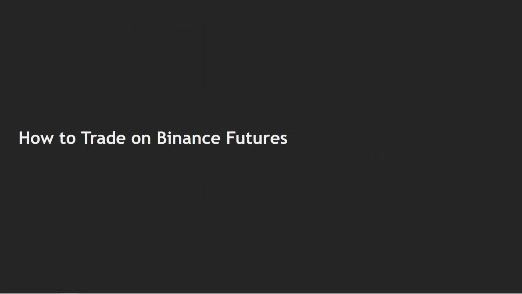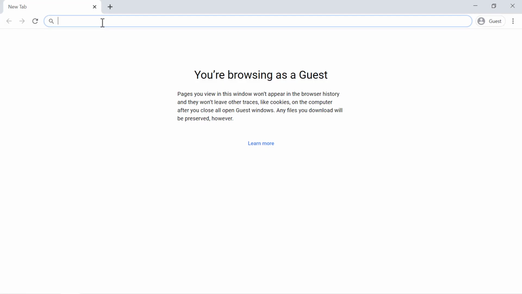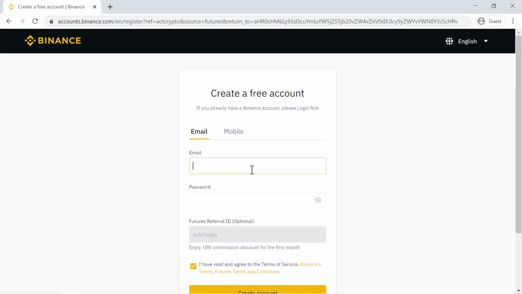How to trade on Binance futures. To trade on Binance futures, you first of all need an account. To open an account, click on the referral link in the description below, enter your email,